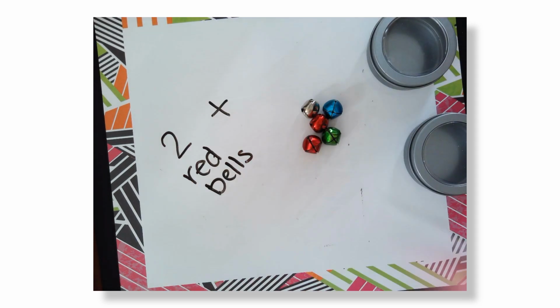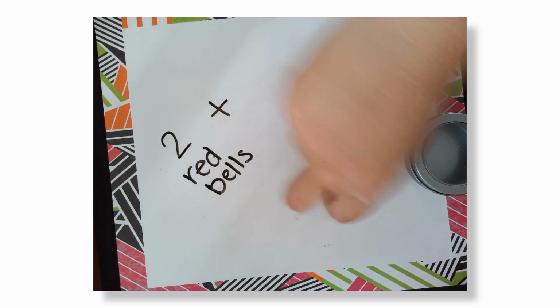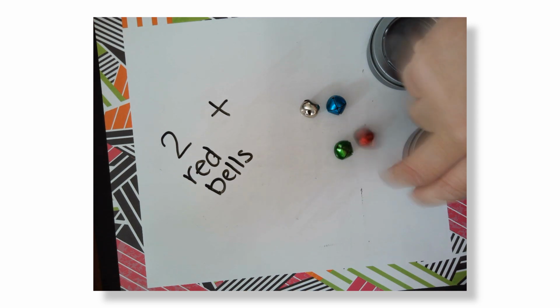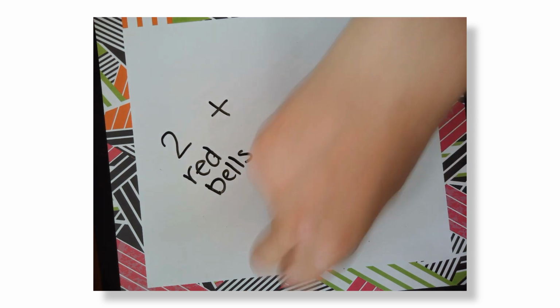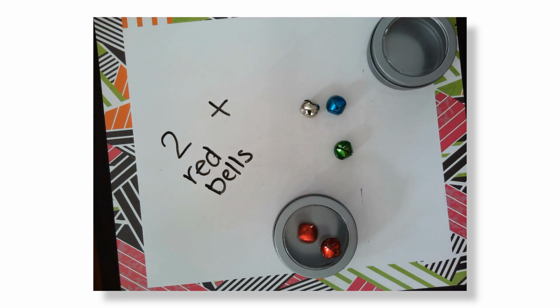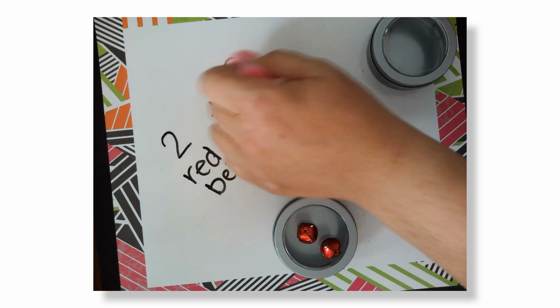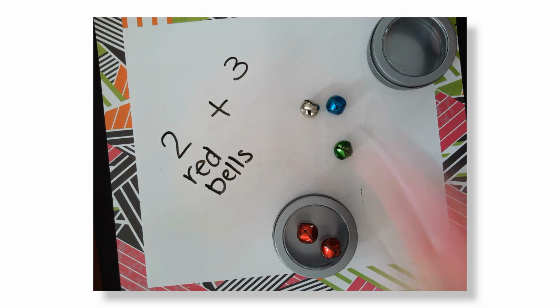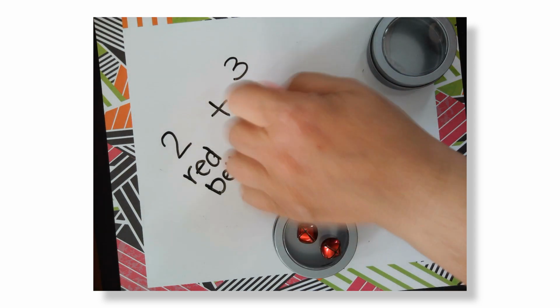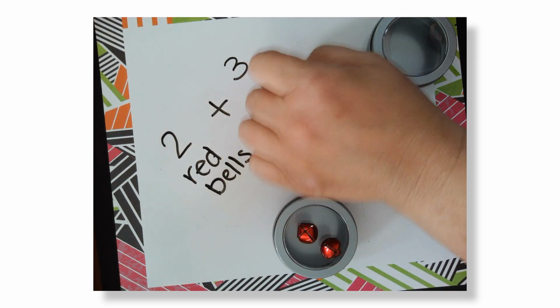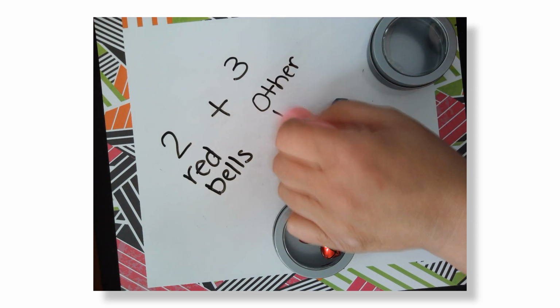Plus, okay, so we know we have the 2 red bells. They're sorted, right? And then how many other bells do we have? Well, we have 3 other bells. And we might just say other bells,